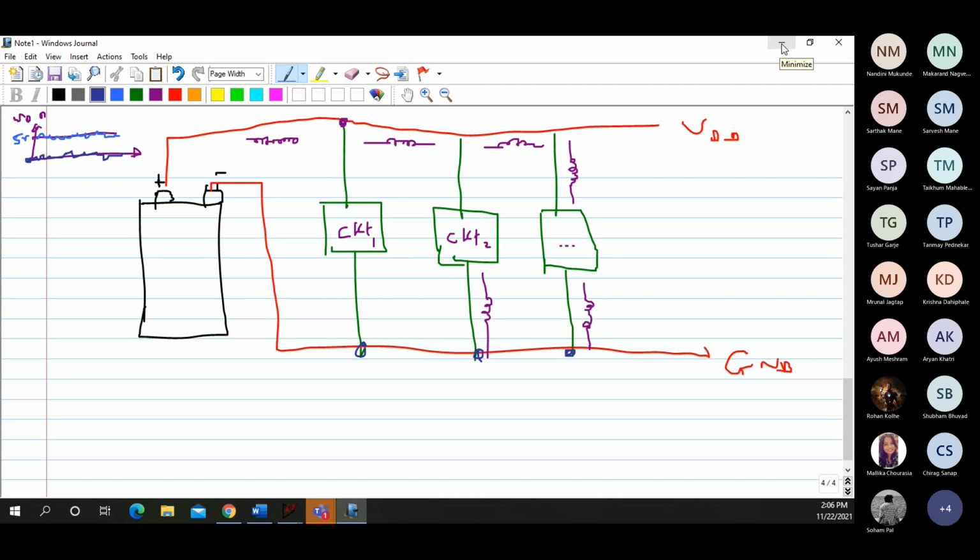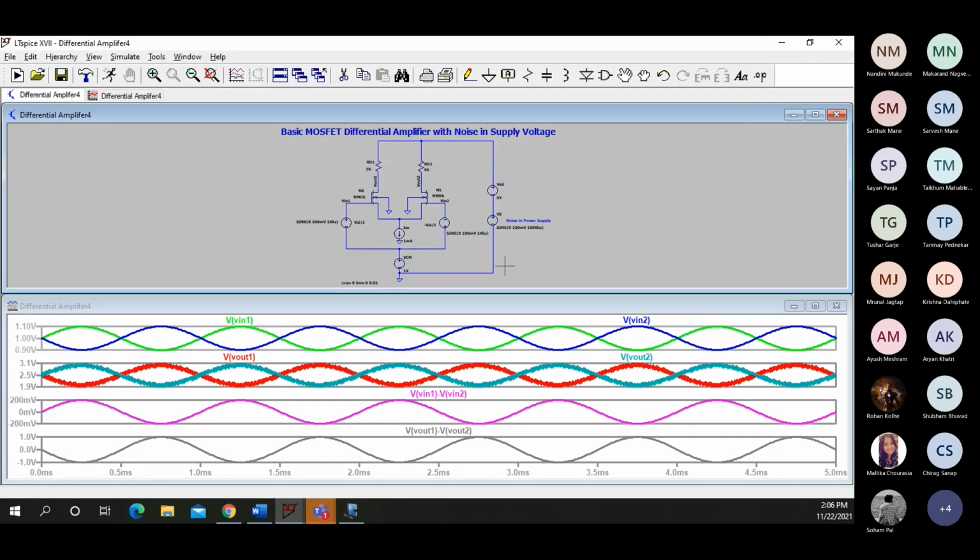And this is significant when the signal voltage is small. When your VDD is 15 volts or 20 volts, this is not that significant. But when the VDD is small, like in your phone, your battery voltage will be 3.3 volts. So on 3.3 volts, 0.1 volt is significant. But on 15 or 20 volts, a 0.1 volt variation is not that significant. Understood.